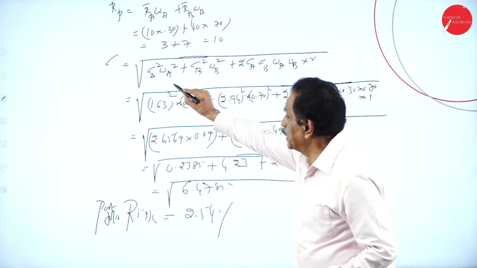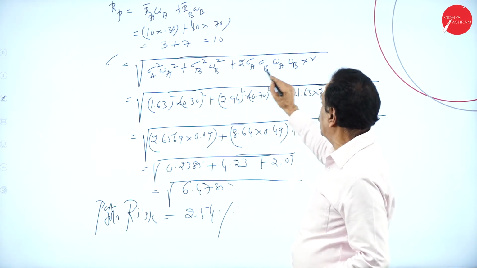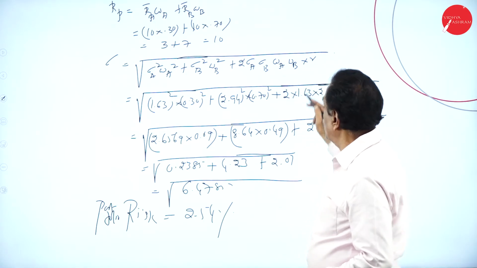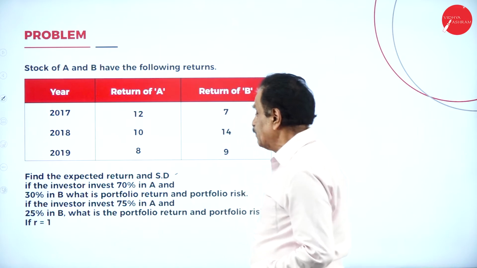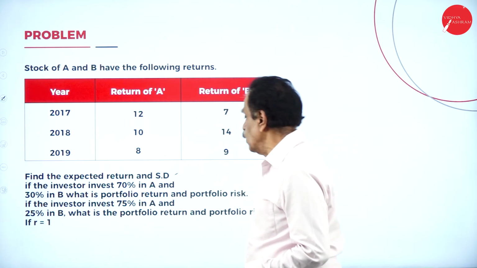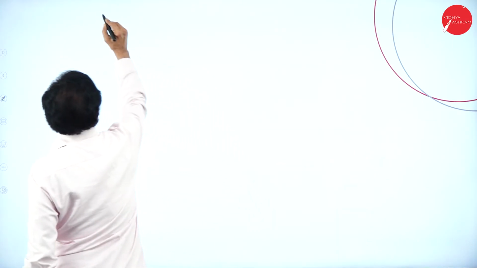Hope you understand: standard deviation A square, WA square, standard deviation B square, WB square, plus 2 into standard deviation A, standard deviation B, WA, WB into R. Now, if the investment is 75% A and 25% B, what is the portfolio return and portfolio risk? Portfolio risk